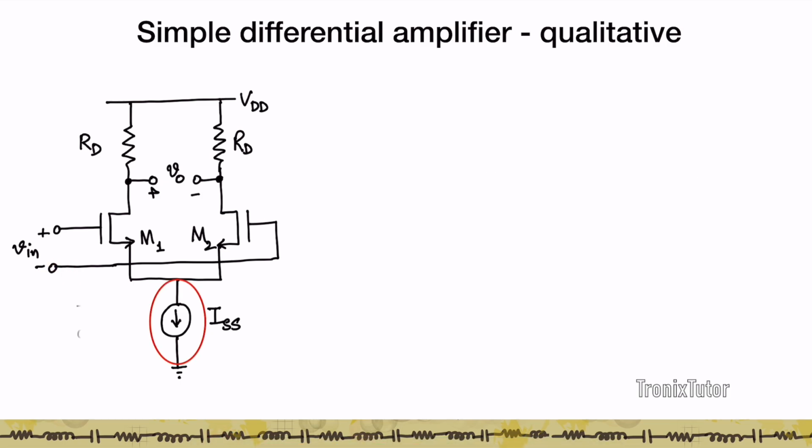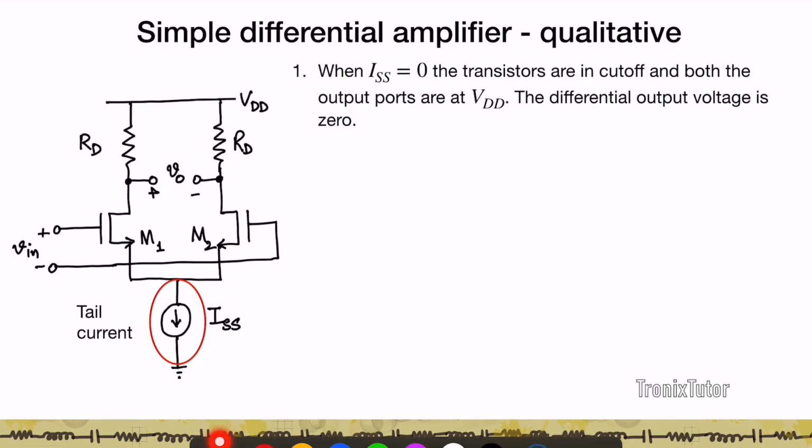Now let's think about how this circuit works. Initially, when ISS is 0, both M1 and M2 are going to be in cutoff. So no current is going to flow through these two arms, no current flows in the RD, and hence both these voltages at the drains are going to float up to VDD. The differential voltage, if I define it as the difference between VD1 and VD2, is essentially going to be